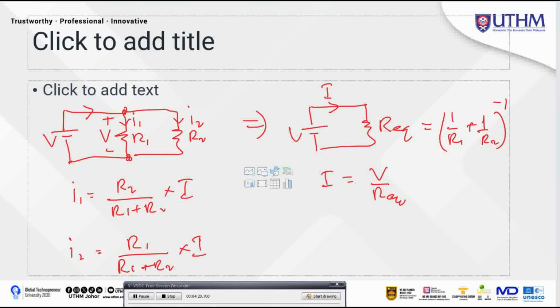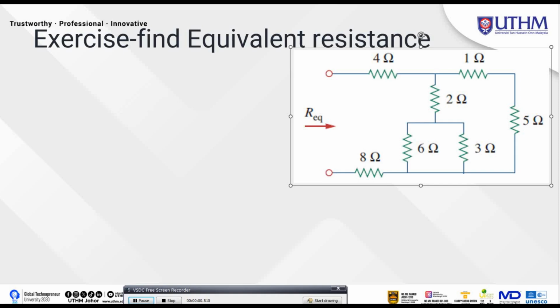So now we already understand voltage division in series resistors, and also current division in parallel resistors. Alright, next let's do the exercise, since we already know how to determine the value of equivalent resistance for series and parallel resistors. First, what we need to do is try to understand